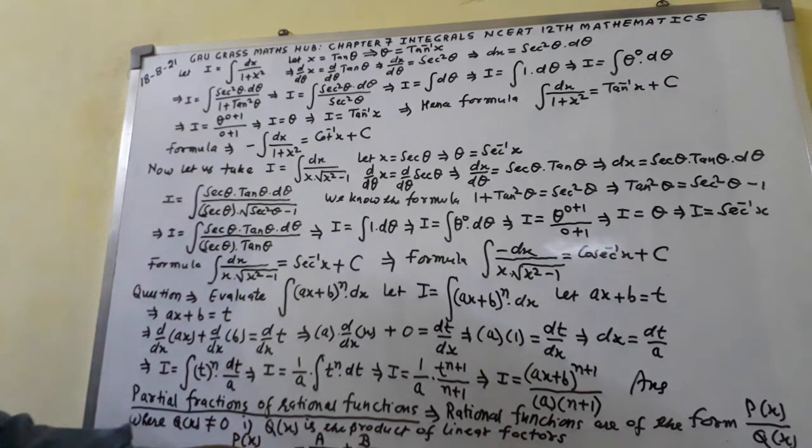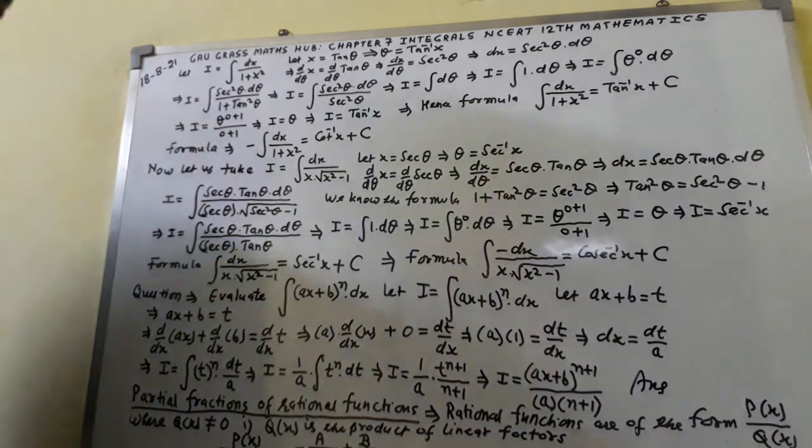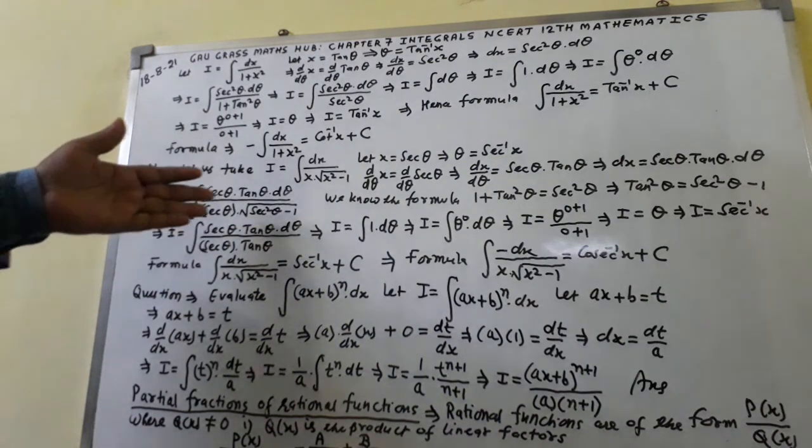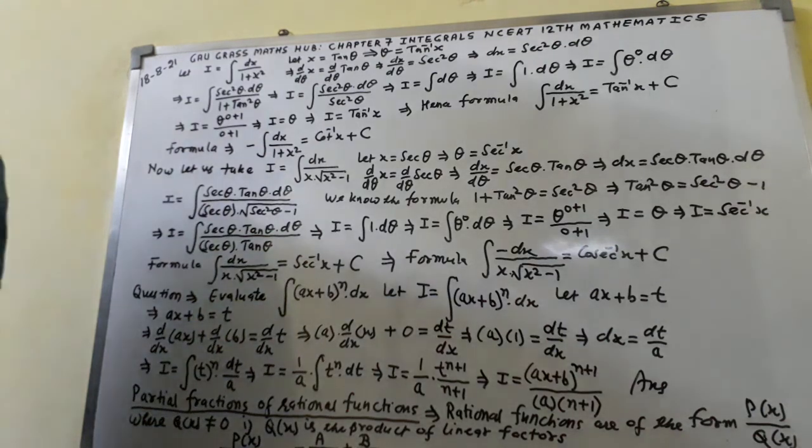So like that, a over x plus a is a partial fraction, and b over x plus b is also a partial fraction. So like this we shall express. Later on we shall learn about this thing in detail. So these are some concepts I have written. Proving of these formulas I have explained in detail.